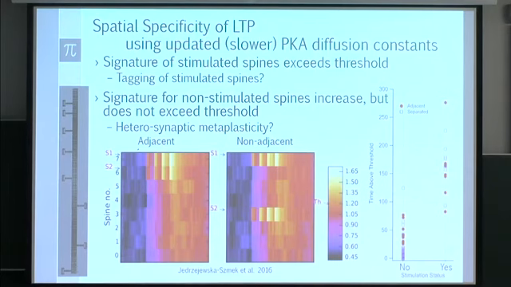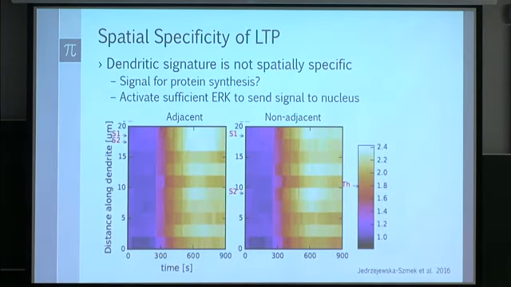So if we look at the amount of time spent above the threshold for the non-stimulated spines, it's distributed here, and for the stimulated spines, it's distributed here. So showing a clear difference in the response of these two spines. We don't see that spatial specificity in the dendrite. No matter which stimulation we get, we see an elevation above the threshold all along the dendrite. Again, this is only 20 microns long, so I'm not saying we wouldn't see any spatial specificity, but at least